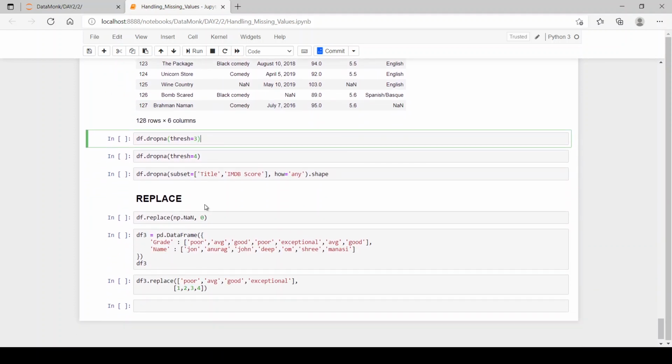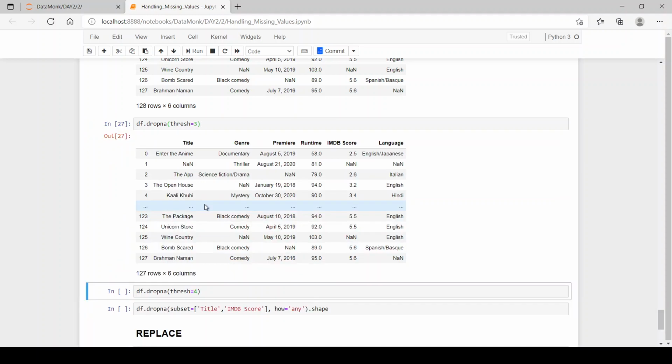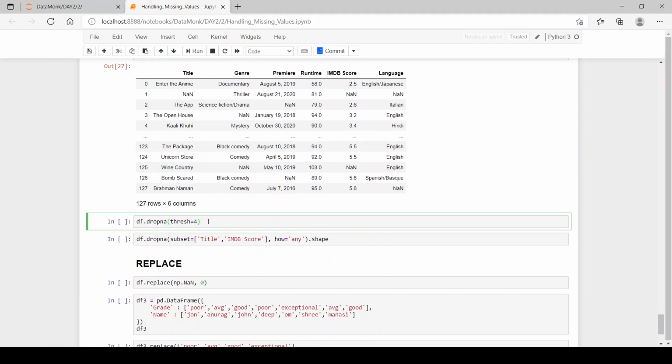Now let's see what df.dropna with thresh equal to 3 means. Threshold equal to 3 means if a row has a minimum of 3 meaningful data values in it, it will be kept, otherwise it will be dropped.